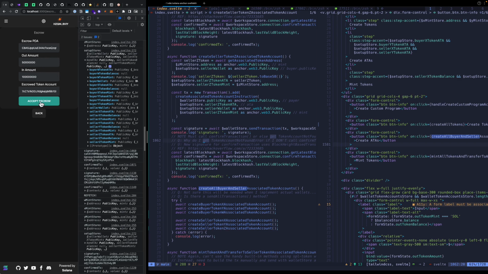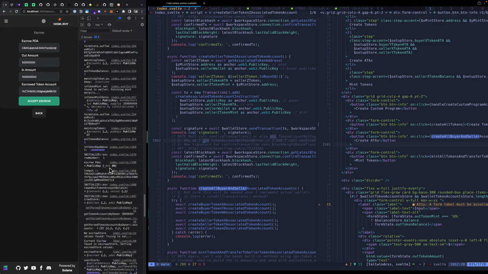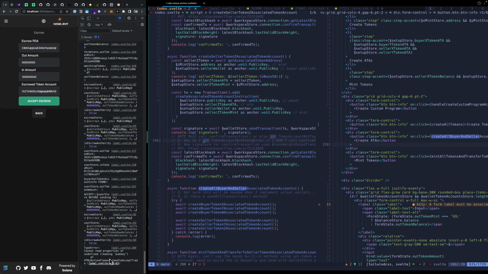Now, when I do this, I haven't changed anything. I haven't added the get or create. This is the point. I'm finally getting to the point where we need to start working on it. So if I click on accept this, type error, cannot read properties of undefined, pubkey, handle accept trade PDA. Yeah, it's not going to work,